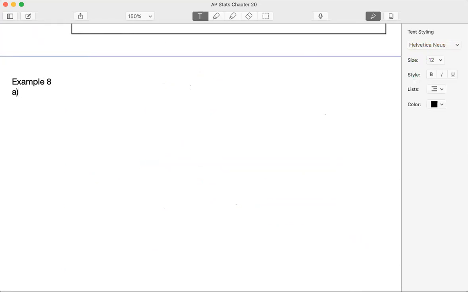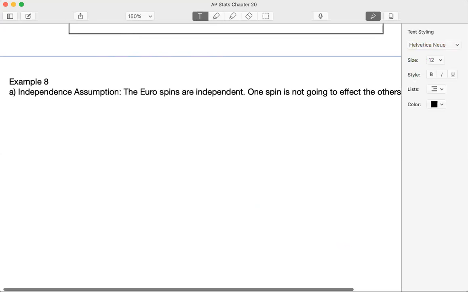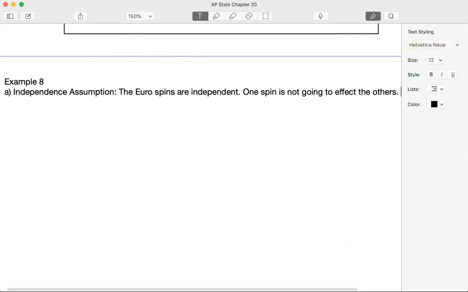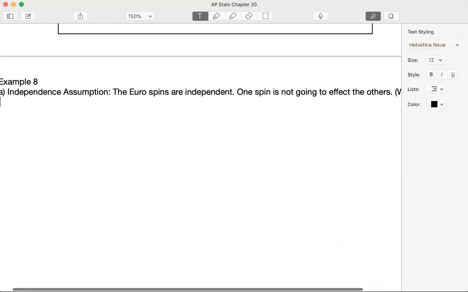Okay, so here's A. We have to check our conditions whenever we calculate a confidence interval. So our first one, independence assumption. So the euro spins are independent. One spin is not going to affect the others. So with true independence,